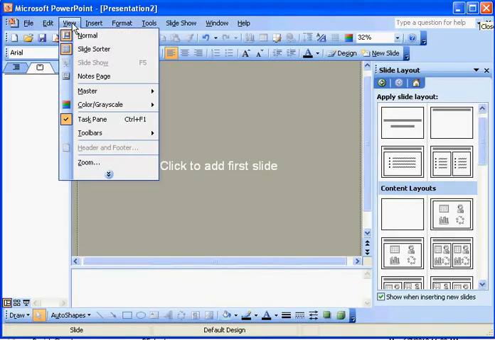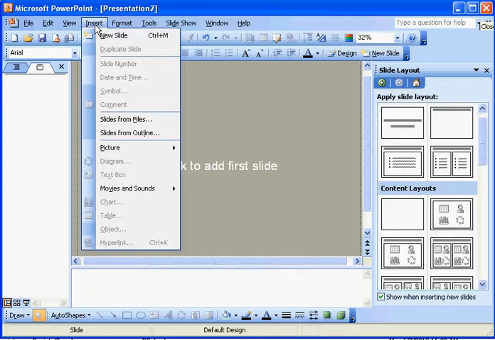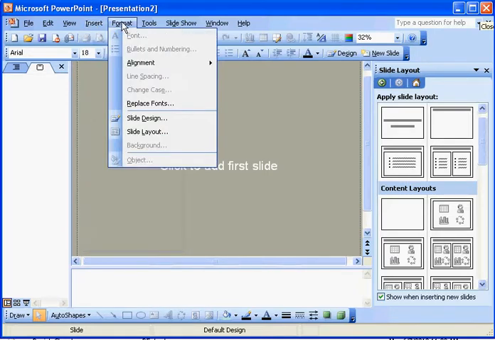Under the view menu you will see the various views that you can have in PowerPoint, and we'll go over that in more detail in just a little bit. The insert menu is where you can insert things on a slide, for instance like a picture or a chart, table, etc. Under the format menu, whenever you think of the format menu, you always want to think of the way things look. So for instance, if you want to change the way a font looks or what the font color is,